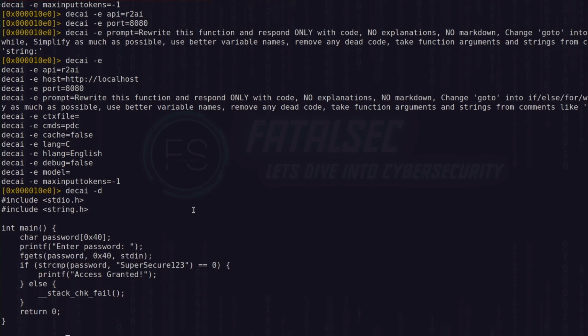So that's basically it, and this is how you can harness the power of AI to streamline and simplify the reverse engineering process. By using AI models, we can automatically clean up and clarify complex assembly code, making it much easier to